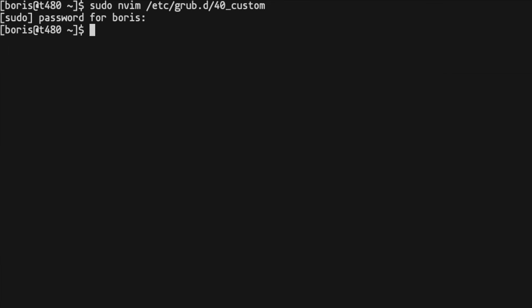Now we need to update grub, and the way that we do that is with sudo grub-mkconfig -o /boot